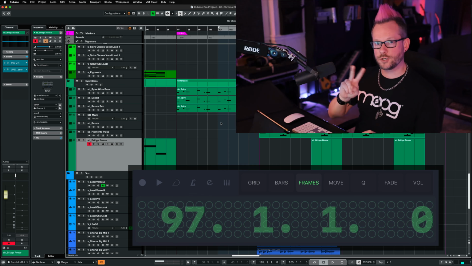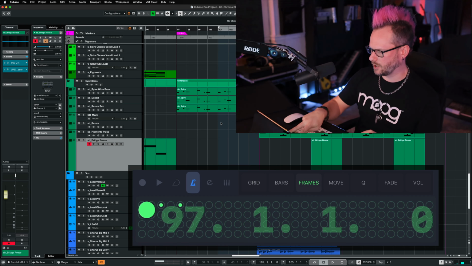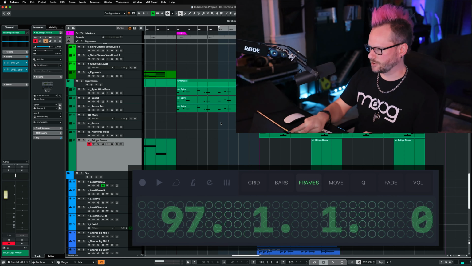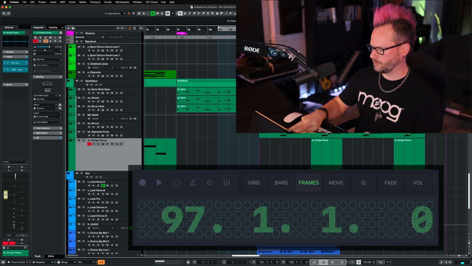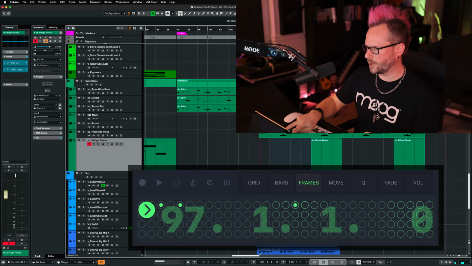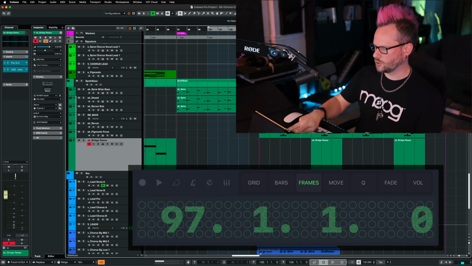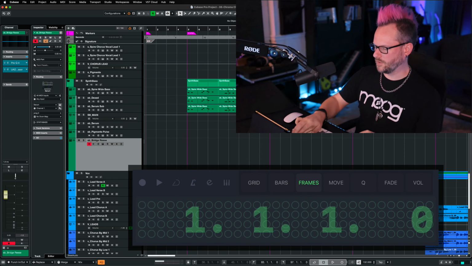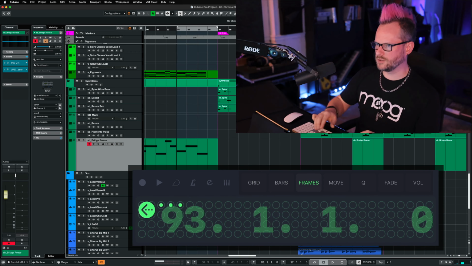Now with the wide two-finger gesture, you can tap it to turn on or off your metronome, double tap it to turn on or off your pre-count. You can pan left or right in order to move your loop range. You can also do that with three fingers. Swipe left to go to your project start, but then swiping left with three fingers moves you to your left